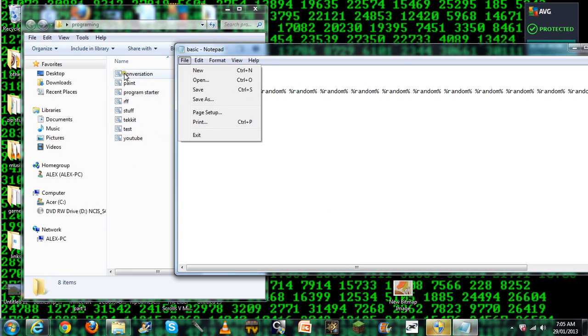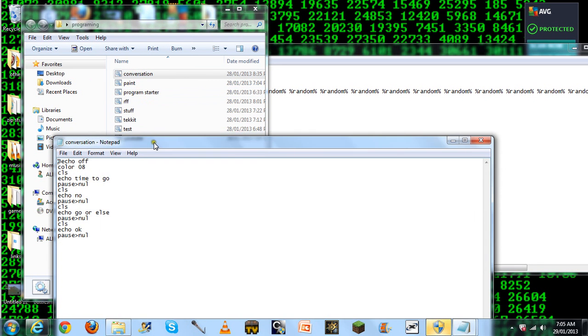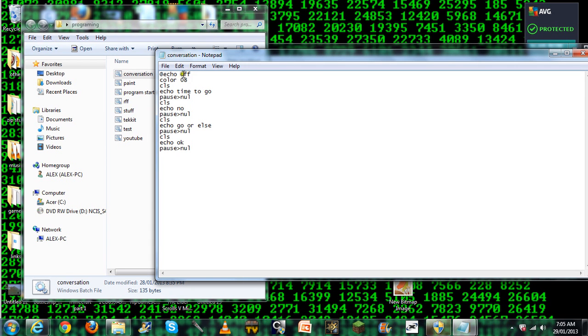So if I go file or right click here, edit. See, that's basically what I've done. So echo off, color 08, CLS. That's meant to be color A. Control S. CLS. Echo, time to go. Pause null. CLS. Echo, no. Pause null. CLS. Echo, go or else. Pause null. CLS. Echo, okay. Pause null. So basically, that's just going, because if you didn't put the pauses there, what this would say is